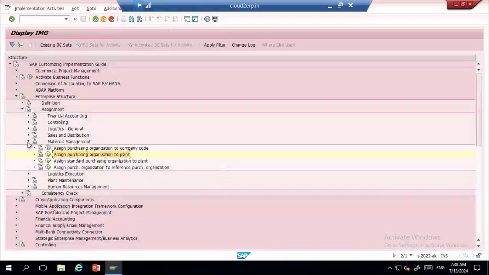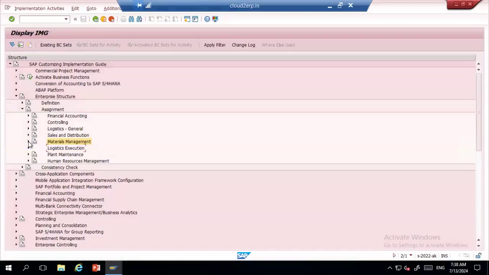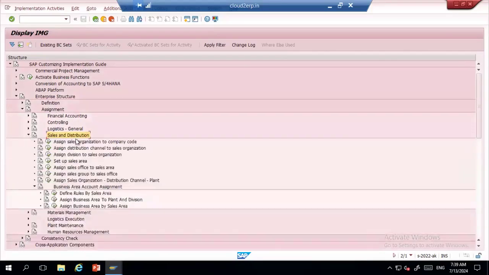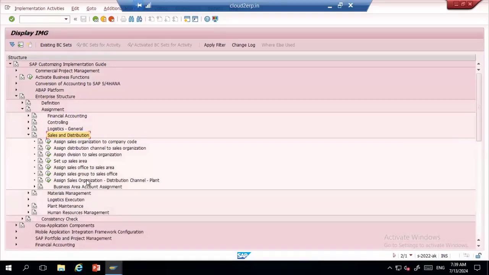Now the important step comes. As we don't have the SD consultants here, we need to do the SD part on our own. Like, go to sales and distribution under assignment, complete all these steps. Complete all these steps till here. So how to do it? First, go to this,